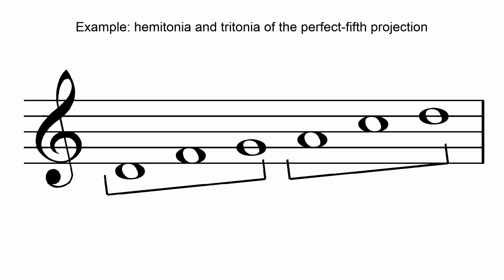Adding still another note from the circle of fifths gives the major heptatonic scale, C, D, E, F, G, A, B, when the fifth is added from below the tonic. This scale is strictly ancohemitonic, having 2 semitones but not consecutively. It is tritonic, having a tritone between F and B. Past this point in the projection series, no new intervals are added to the interval vector analysis of the scale,